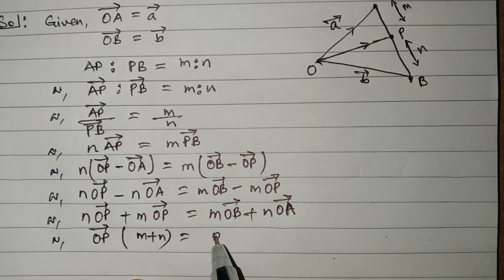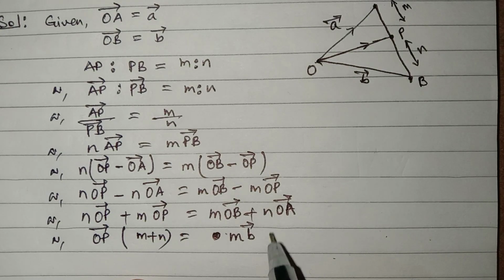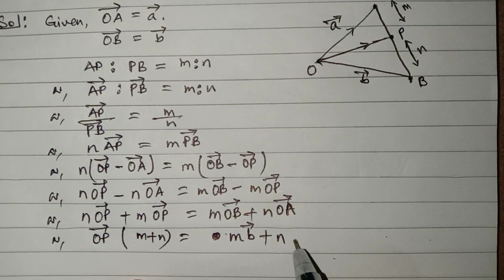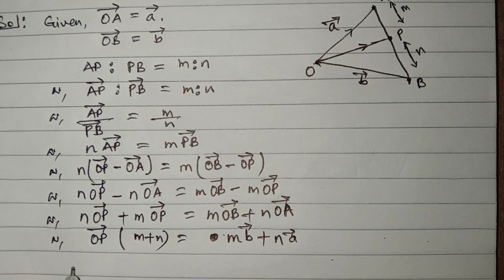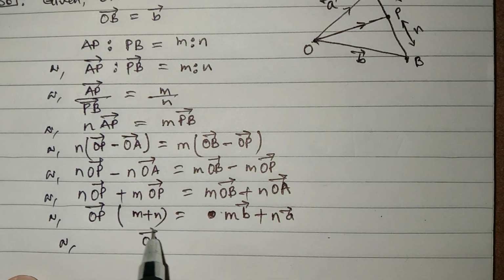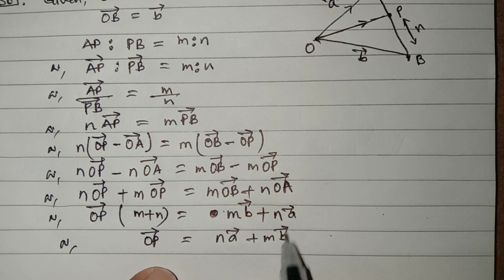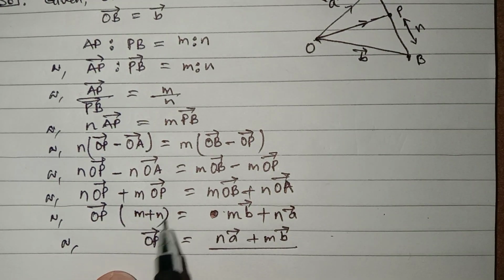times vector OB. Vector OB is small vector b. So I write small vector b plus n times OA, which is vector small a. Okay. So finally I'm going to write vector OP is equal to n times vector a plus m times vector b upon this m plus n,